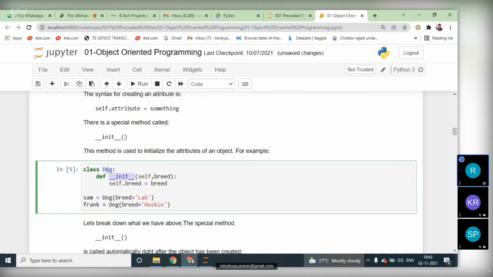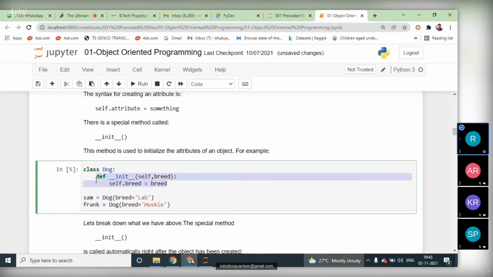See, we have a class of Dog. Inside of this Dog class we have a default method, nothing but we are defining a method. This is an instance method called the constructor. Its name consists of __init__, and it has at least one parameter, that is self, a default parameter. Along with this we have breed, the type of the dog breed we are going to use. Inside of this constructor we are creating instance variables. self.breed equal to breed, we are assigning it, creating an instance variable.